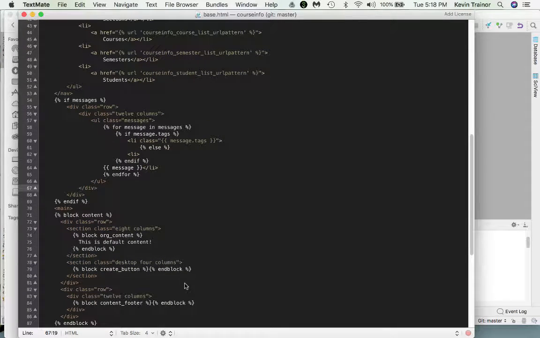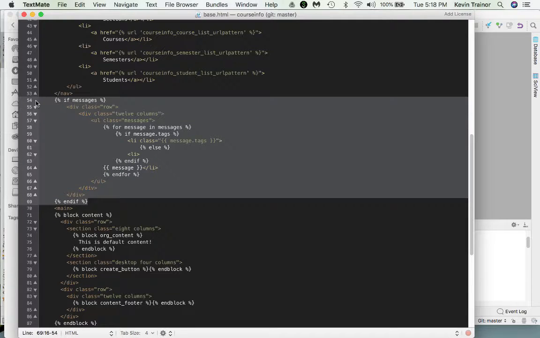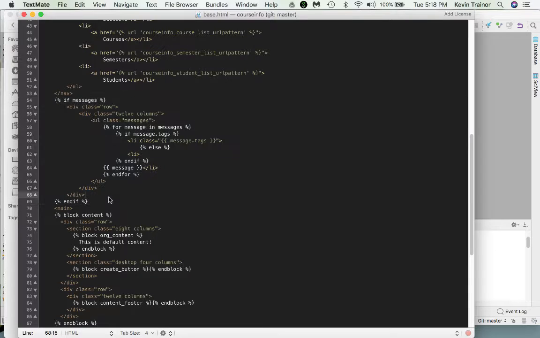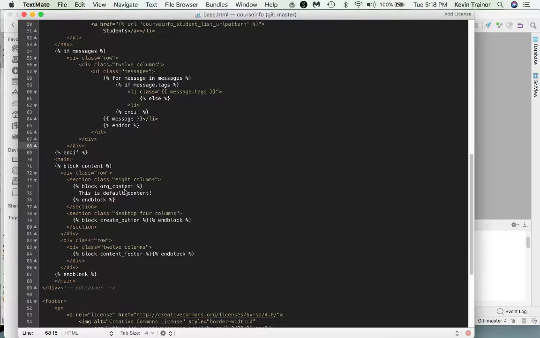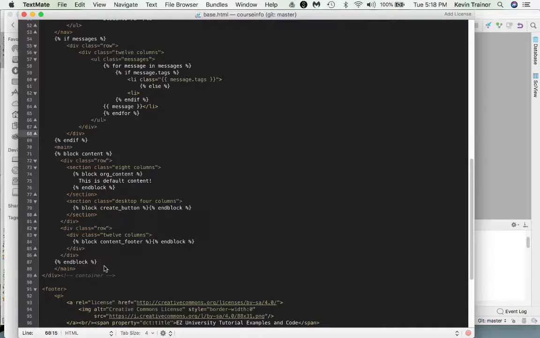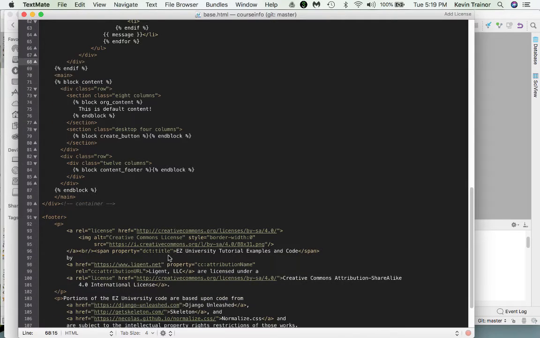There is some content in here that we borrowed from Pinkham that displays messages. I don't think we really have that code, but I left it in there anyway. And here's the content. Okay? And we've got styling hooks for the skeleton CSS framework that makes everything go. Okay, and then